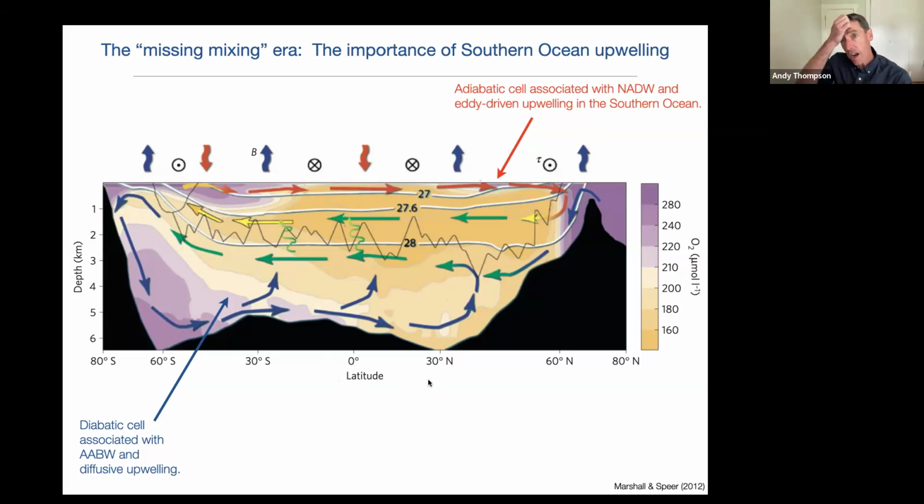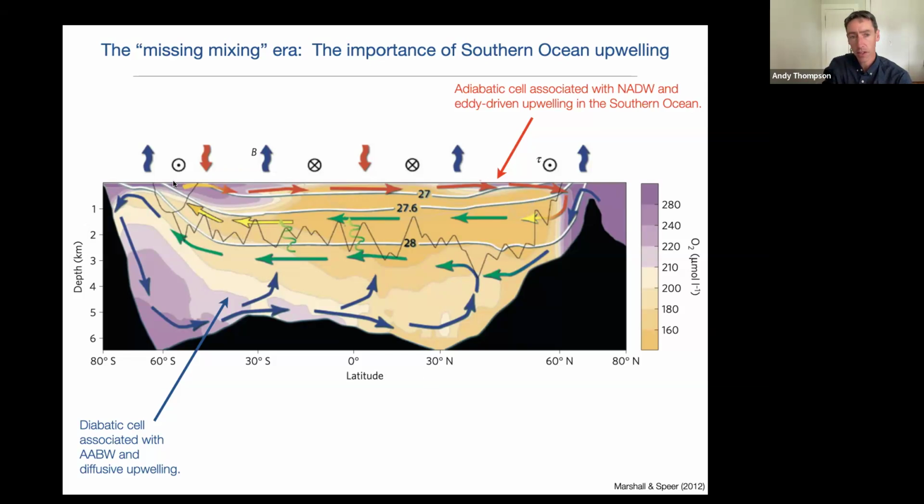Now, importantly, these two cells are associated with different dynamics, and that upper cell is sourced by making deep water in the North Atlantic. But in the schematic, they sink along density surfaces, which are these white lines, that move through the Atlantic Basin. And when you move into the Southern Ocean, those waters again move along density surfaces, come up to the sea surface. And that overturning circulation can be closed without any movement across density surfaces in the ocean interior. This is what we call an adiabatic cell.